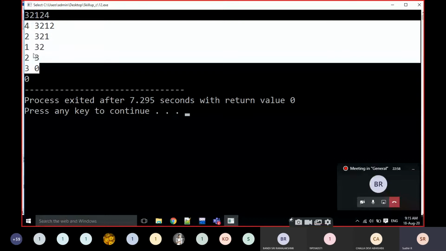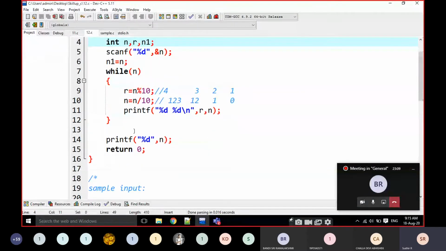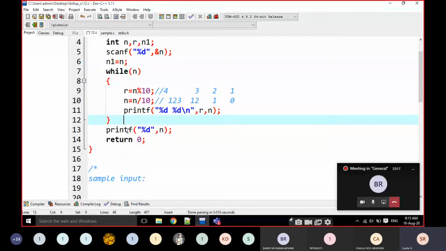After the loop, n becomes 0 every time, for any big number. That's why I'm maintaining a copy there for further use. There is no use here, but we are going to use it somewhere else. We have to take a copy of this.